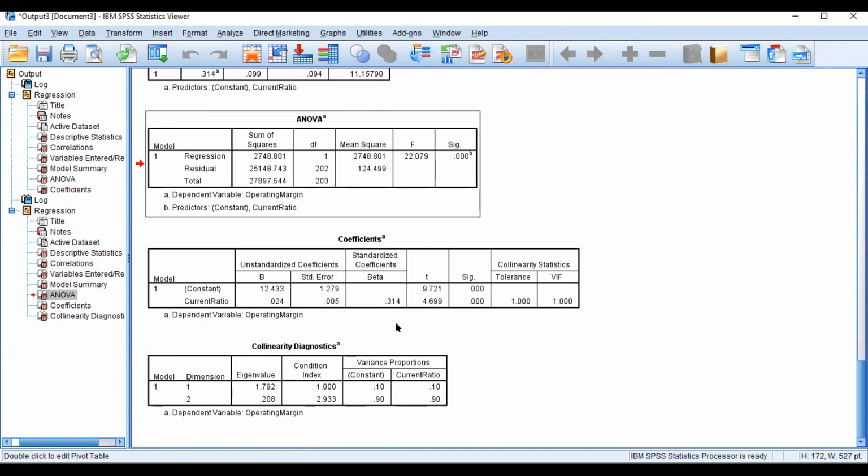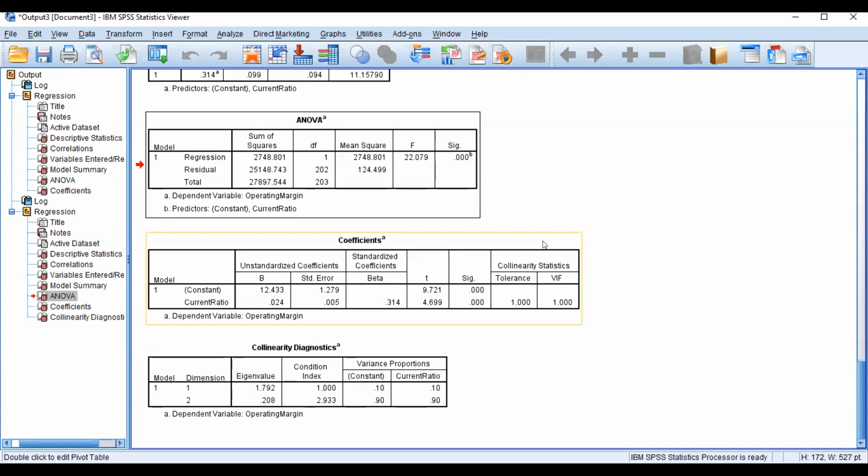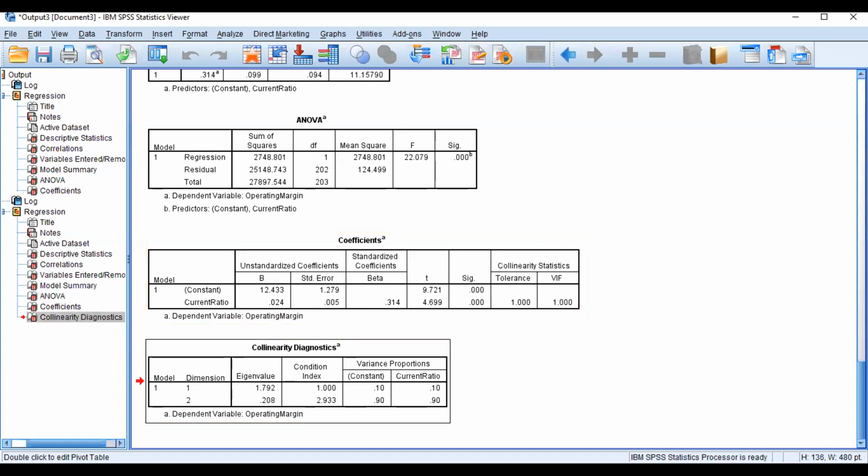Again, this is the multicollinearity test and the collinearity diagnostics. Current ratio is impacting operating margin by 0.314. If I change current ratio by 1 unit, there will be a 31.4% change in the operating margin of the company.